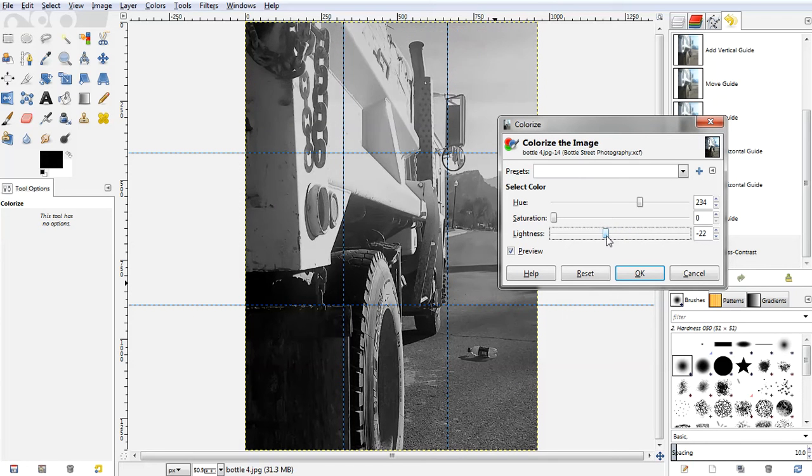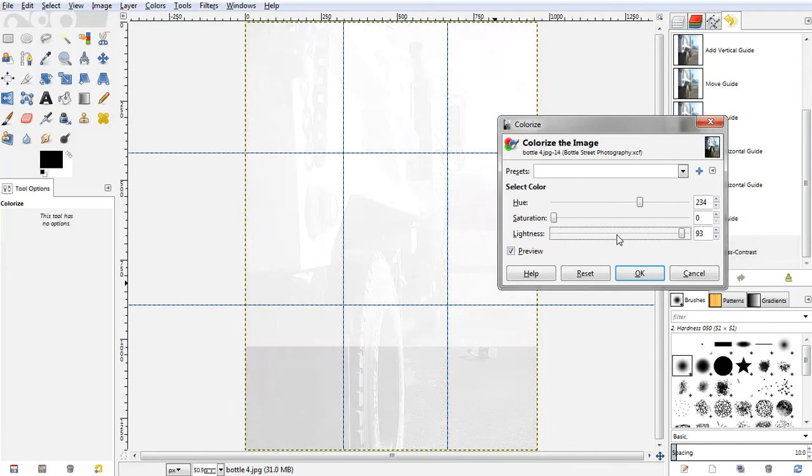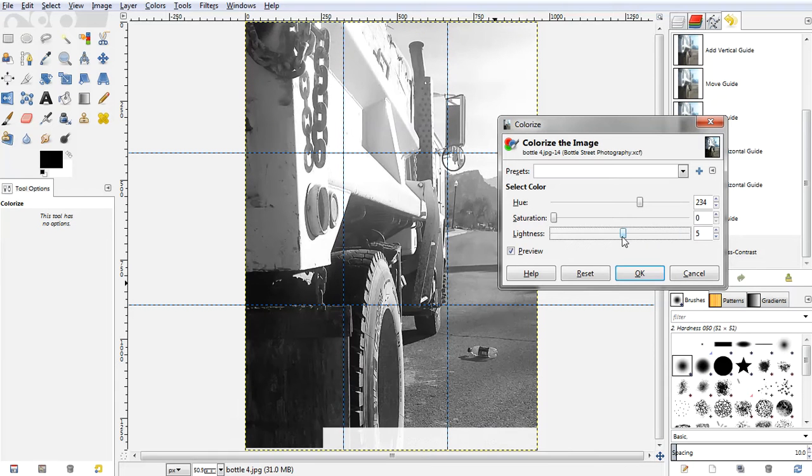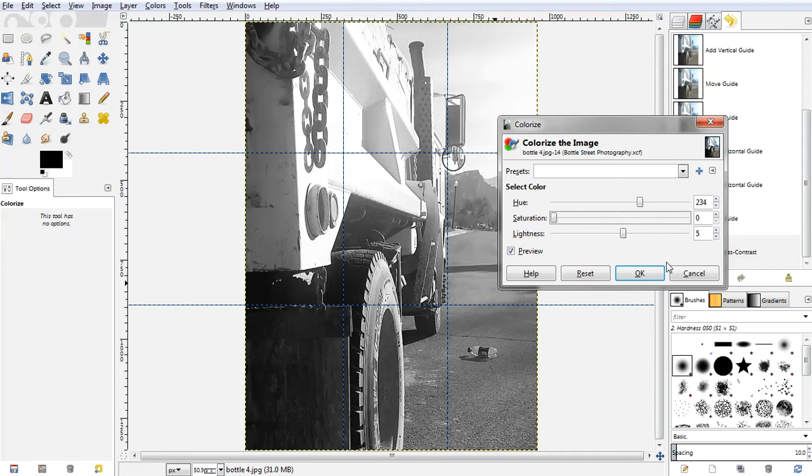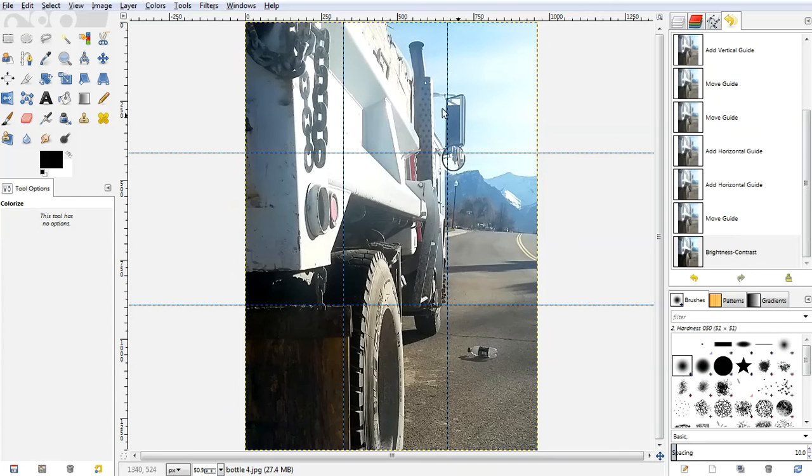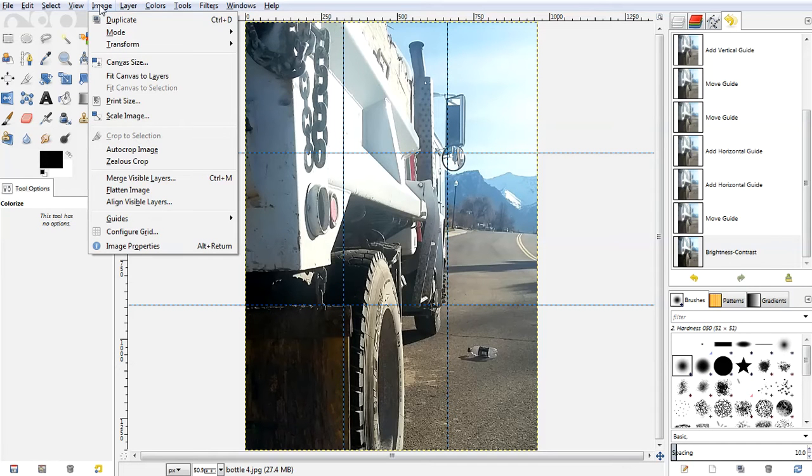So you can play around with the lightness there and all of that. So using the saturation tool, that's one way to do it. I'm gonna cancel this. Back to my color. The other way to do it is image, I believe,